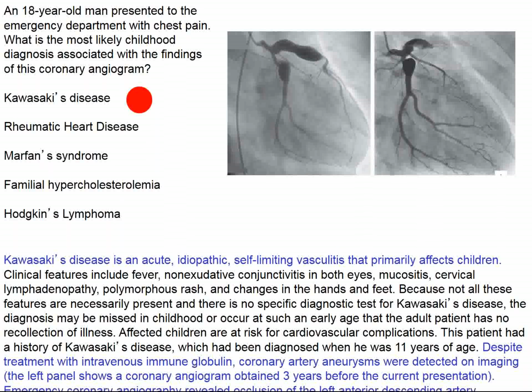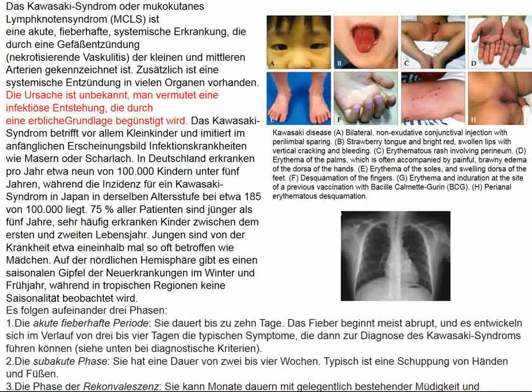This youngster was diagnosed during an acute episode of Kawasaki's disease, which is also not that easy to diagnose. And he was even treated with immune globulins that are currently the proposed treatment and developed these aneurysmal dilatations anyway. If we look at this syndrome, we see that it's more common in Oriental countries than in Europe or North America. During the acute episode that is presumably of viral origin, although even that has not been proved for certain,